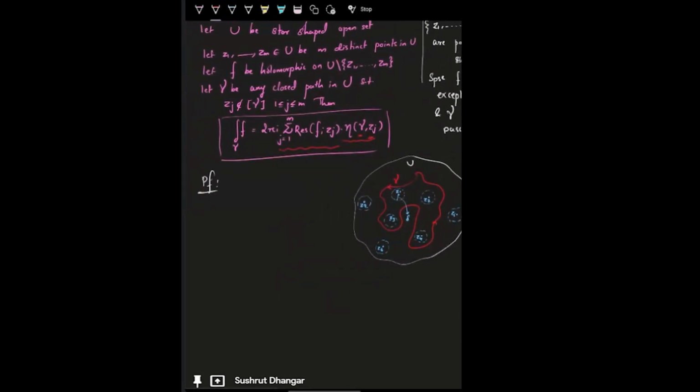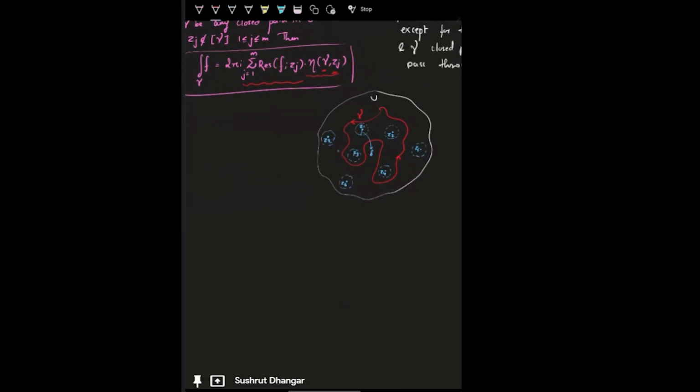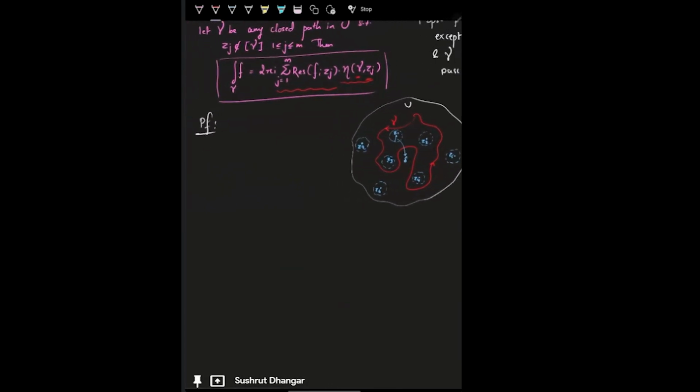So let's move on to the proof of the residue theorem. The idea is we try to get a delta positive. Actually, we can choose a delta positive because U is an open set,